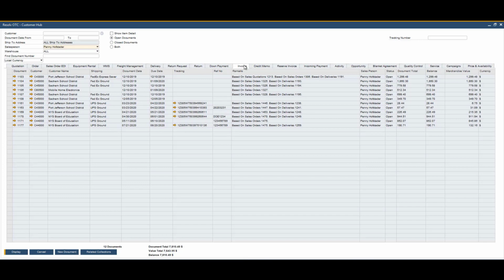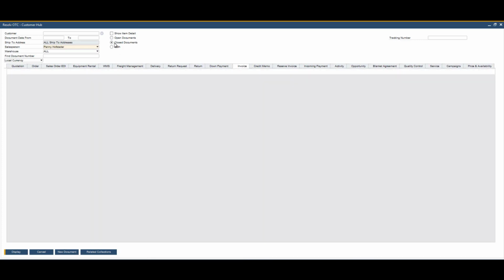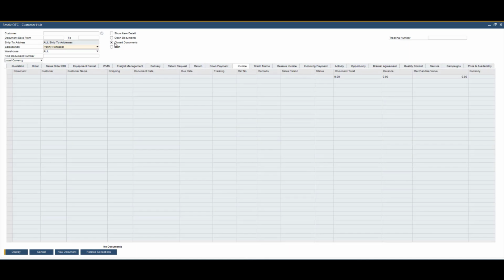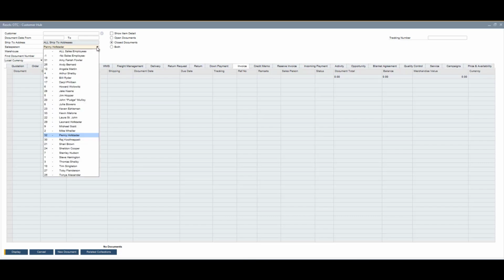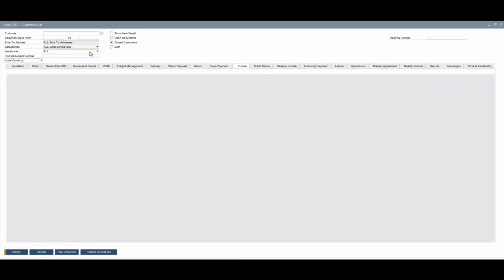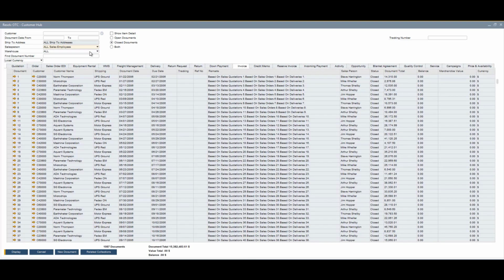It may also be that I'm interested. I can go back and use the date filter for commission purposes or other kinds of things to be able to answer. So if my commissions are based off of invoicing and the invoice is being paid, I could come in here and switch to the closed invoices, and be able to see. I'll just go to everybody because Penny doesn't have any. To be able to see